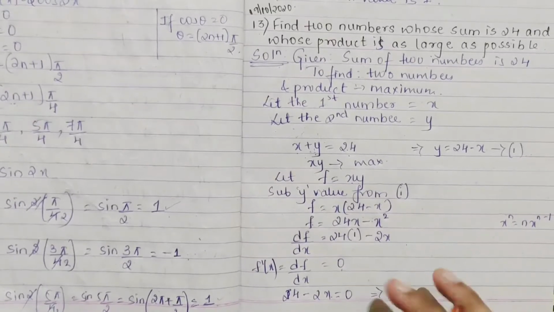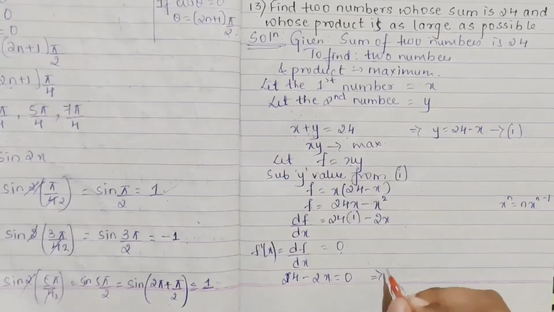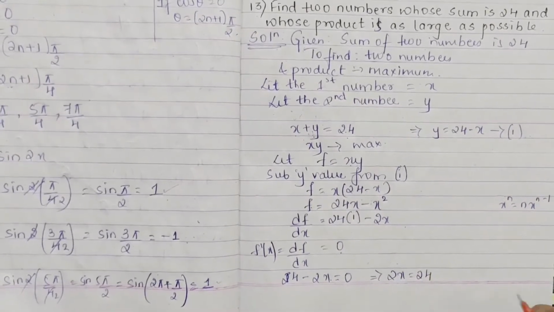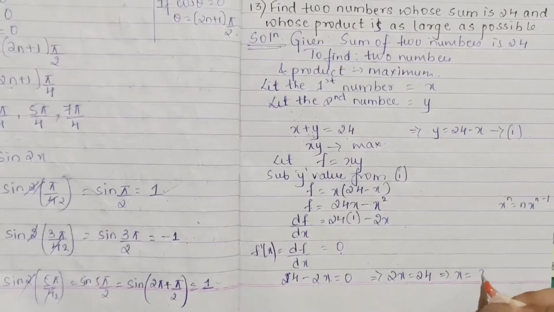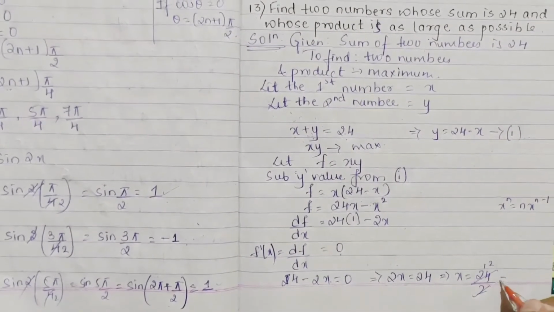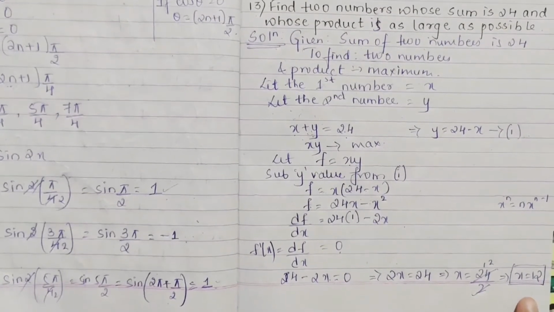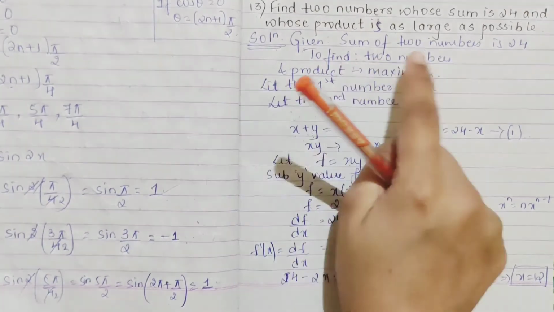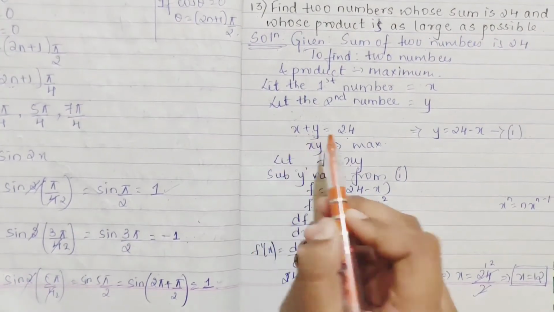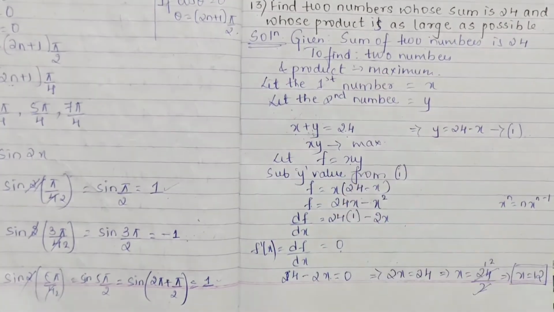So here all I am doing, I have so much space. If I take minus 2x to the other side, both will be positive. So x will be 24 by 2, which is 12. So x value you get is 12. See, in the question they have said find two numbers. Here you already have the x value, and you have a relation, so put your x value and find the y value also. Then you'll get the solution they have asked for.